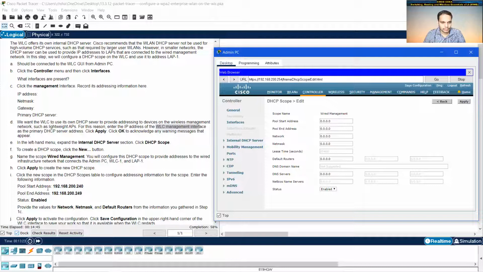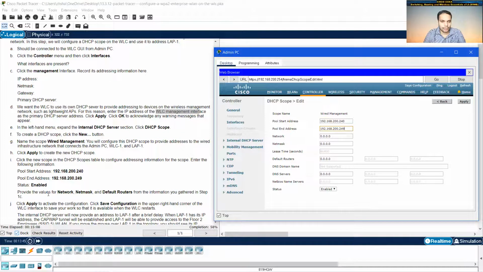It is asking me to give all these addresses. The pool start address is 192.168.200.240 to 192.168.200.249. We have to provide the values which we recorded earlier.